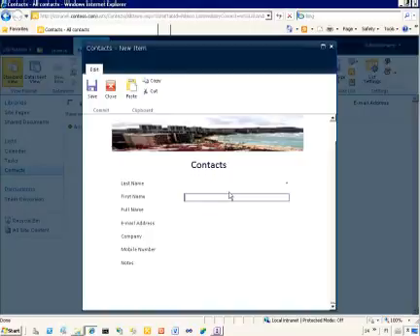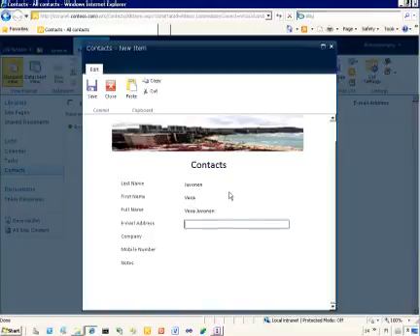In this case, we only have a rule for the last name, since that's a required field for the list. Let's update the values